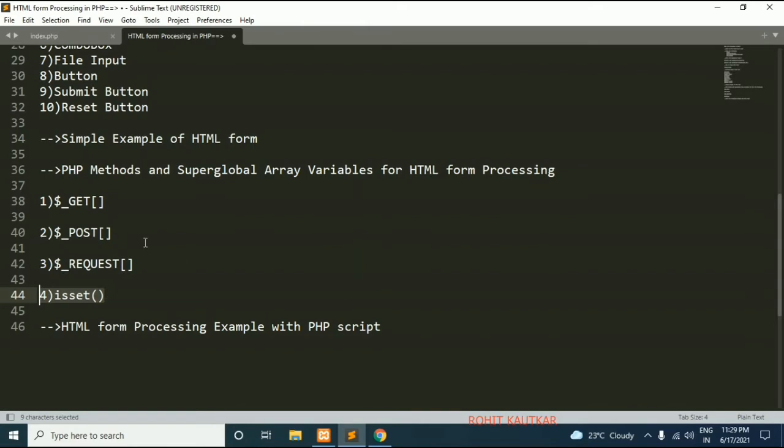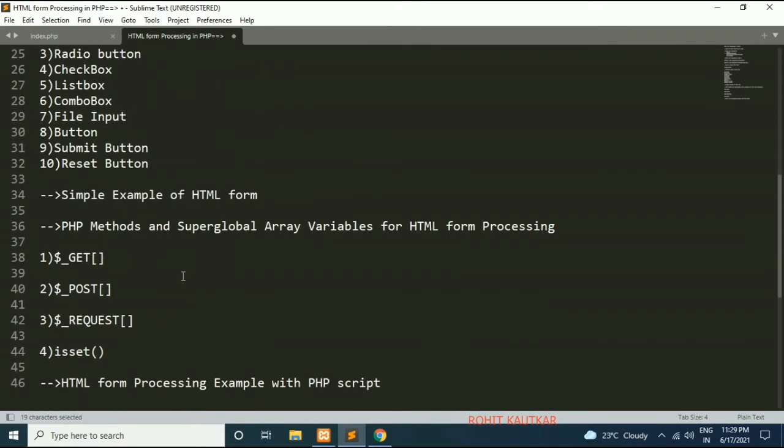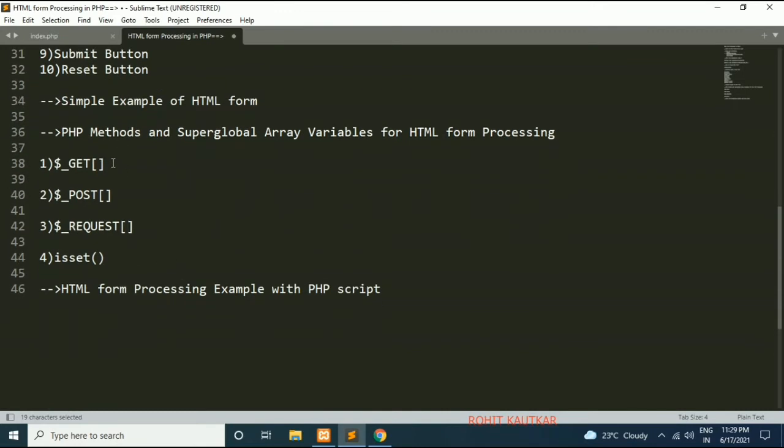Now friends, if you remember, at the start of this session I told you that there can be two types of form methods, get or post. Whenever you submit your form with the help of the get method, then the submitted data can be collected with the $_GET super global array variable. Now why is it super global?